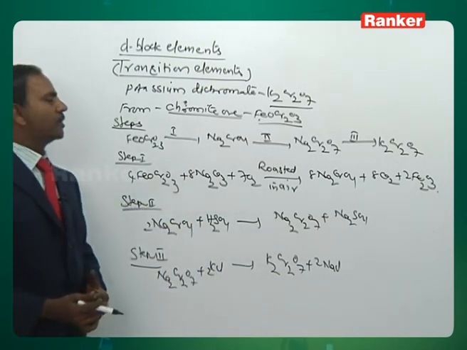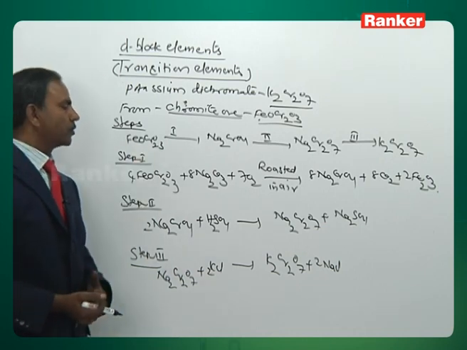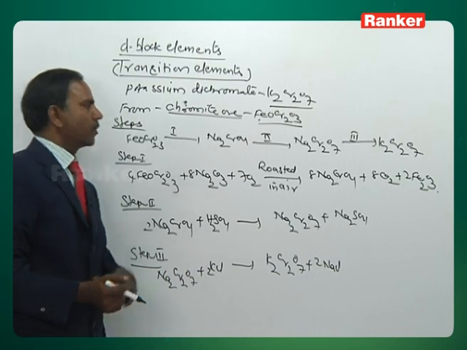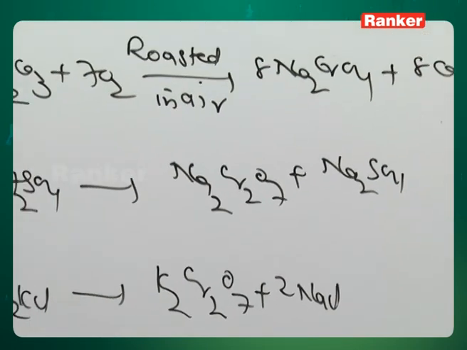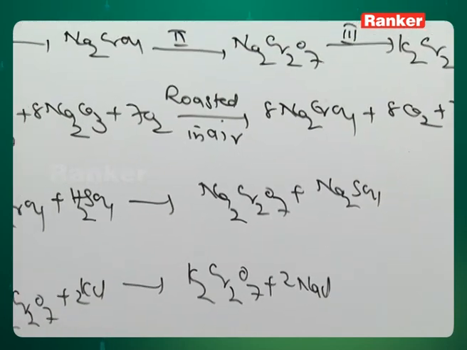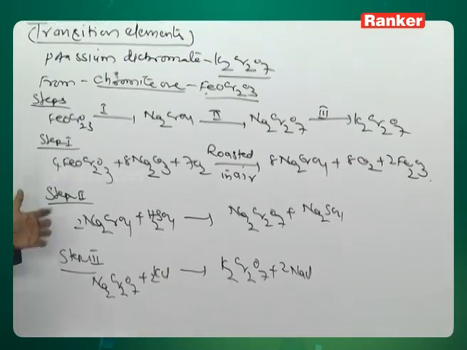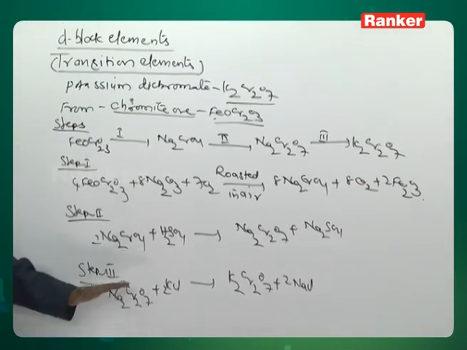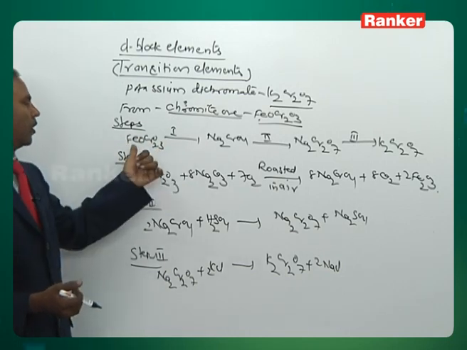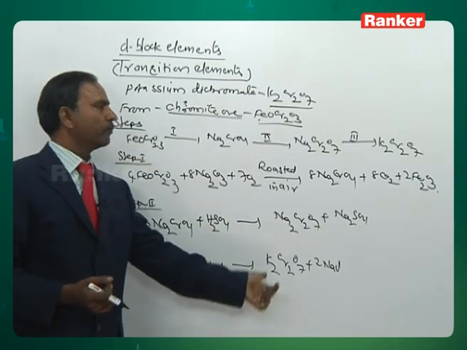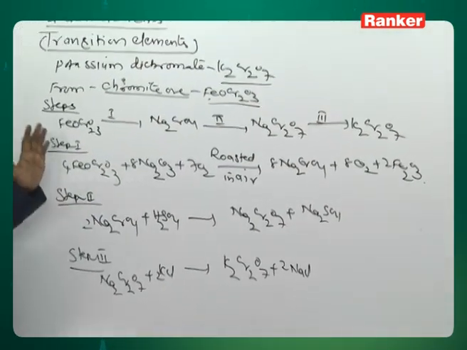Like this, first you are getting sodium chromate, the second sodium dichromate, and then potassium dichromate. In this way, commercially we are preparing potassium dichromate from chromate ore. So these two methods of preparation of potassium permanganate and potassium dichromate are very important for your IIT, either mains or IIT advanced examinations. So these are very important. Remember the easy way how to convert chromate ore to potassium dichromate, and in the case of potassium permanganate, how we convert pyrolusite ore to